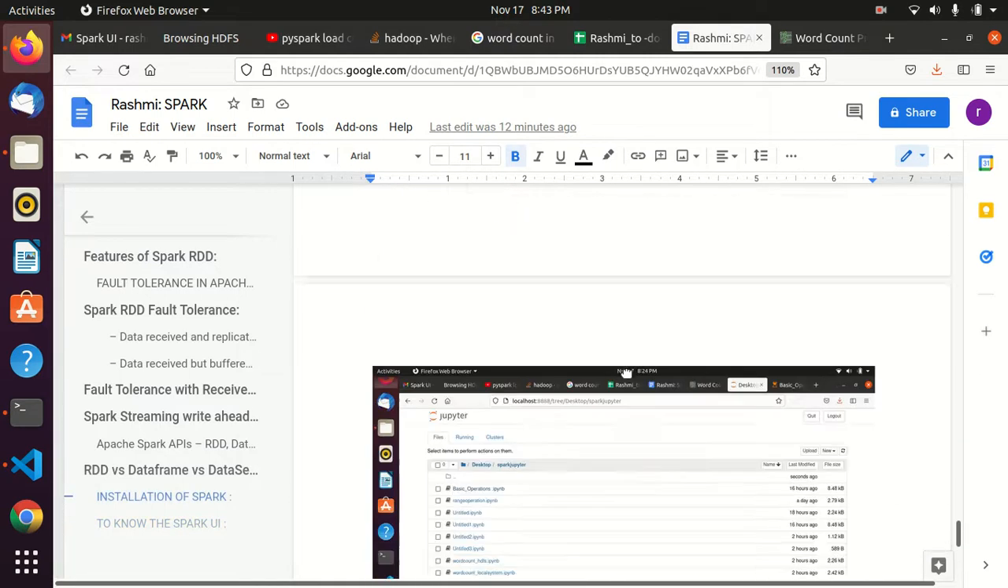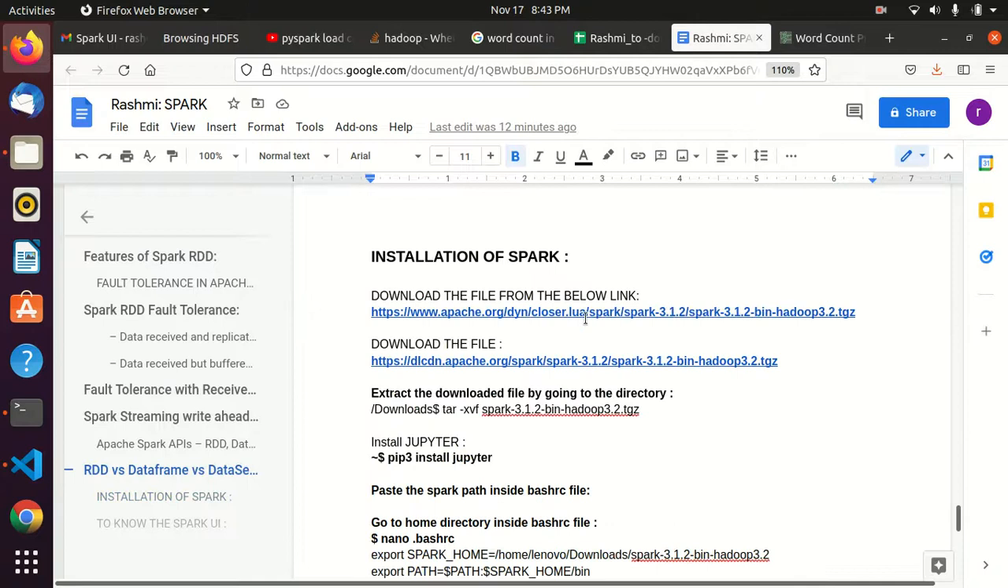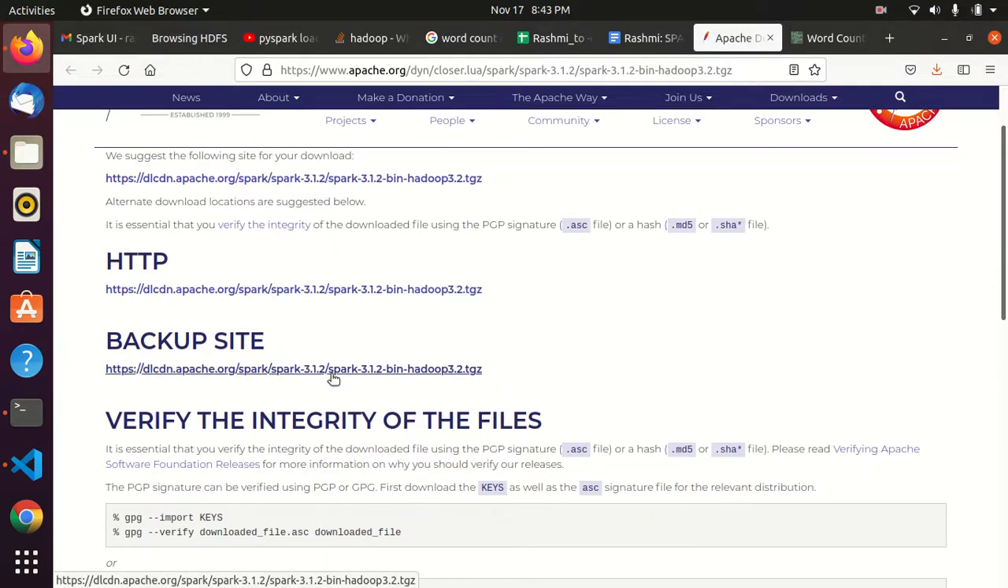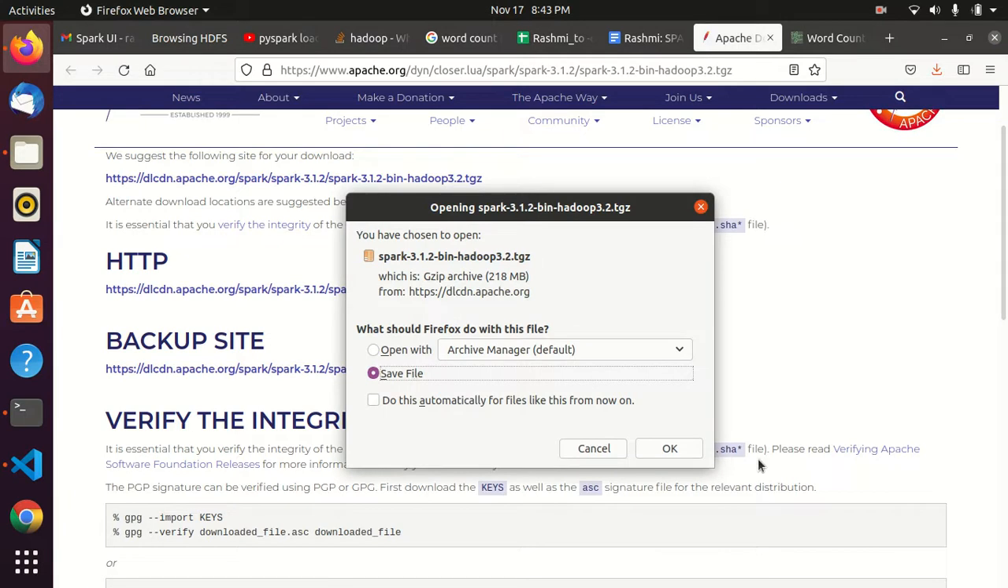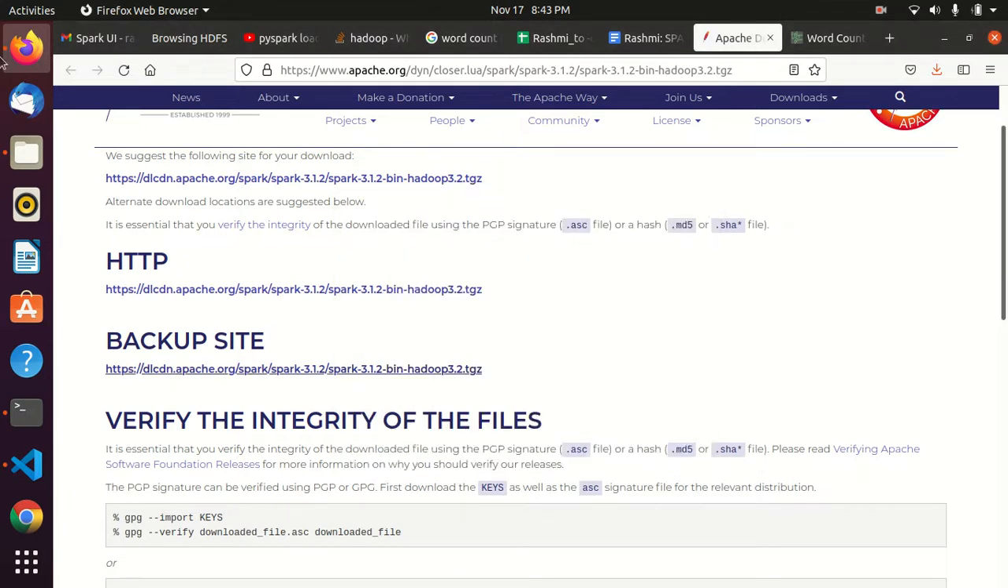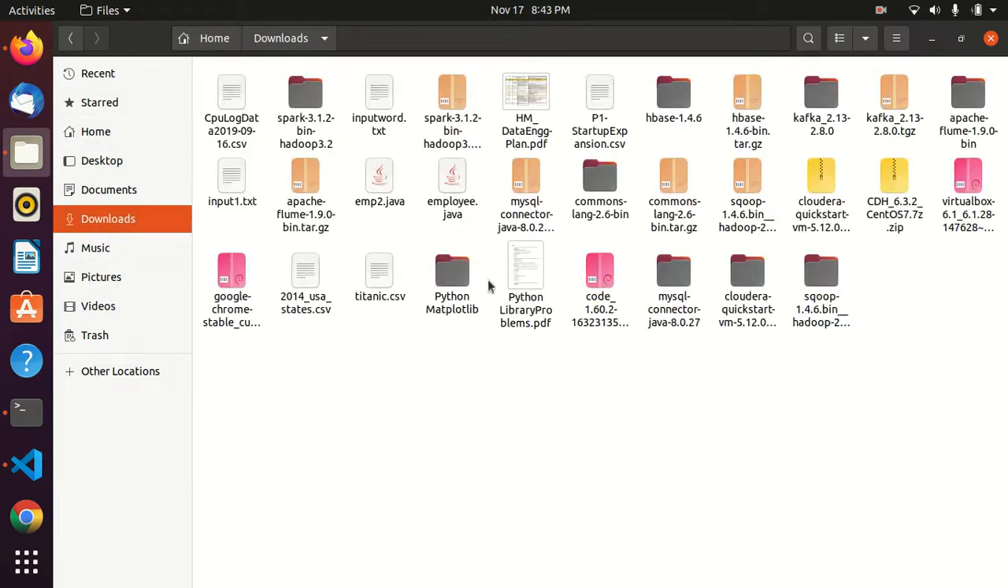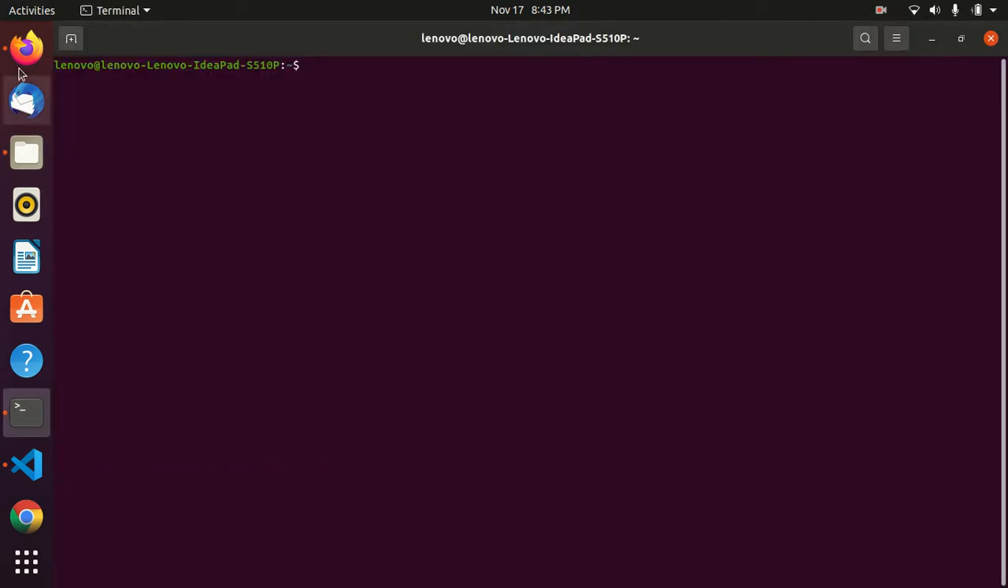Initially, for the installation we have to go through this site. In this site we will select the 3.1.2 version of Spark and install with this, and we will save the file. We will press OK and it will get downloaded, and we can see that in our downloads. So Spark 3.1.2 is there, and we will untar it, like we will extract it directly. You can extract it or use the command